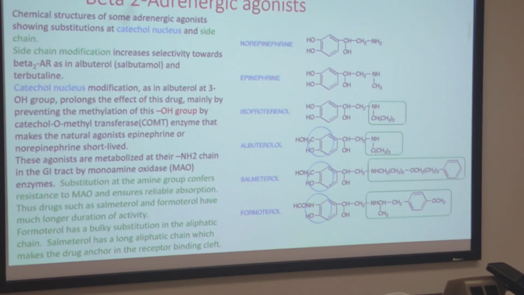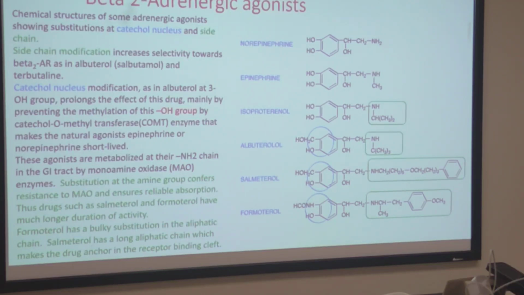One is the COMT enzyme with the hydroxyl group. The other one is MAO, as the name indicates, monoamine oxidase. If you block their activity by masking the target functional groups, you can make better beta agonists which prolong availability, absorption, and potency